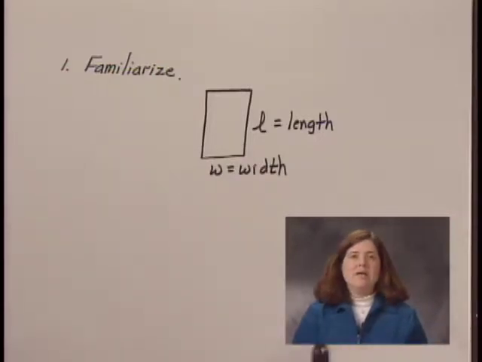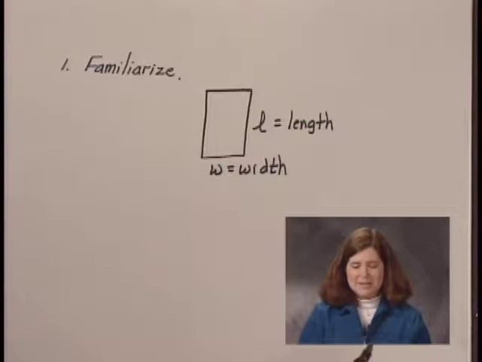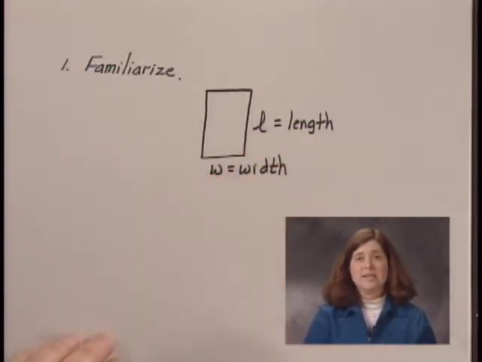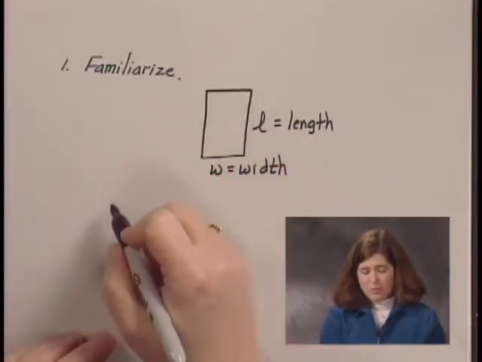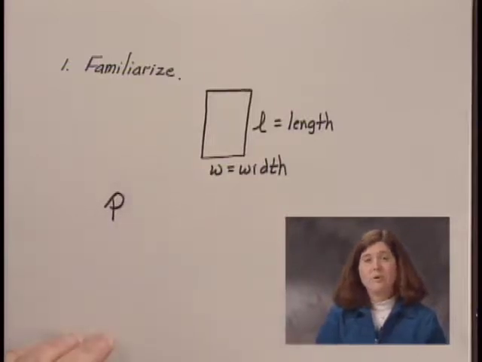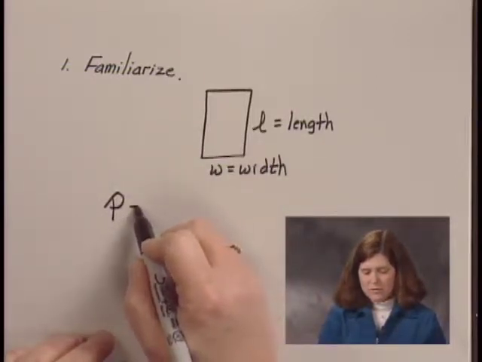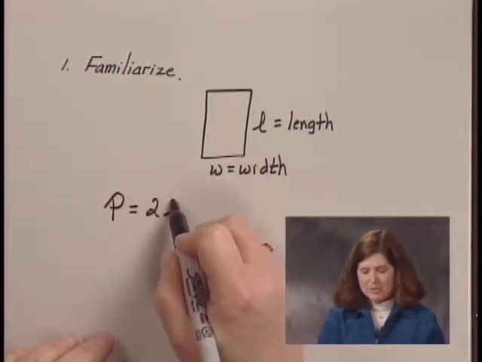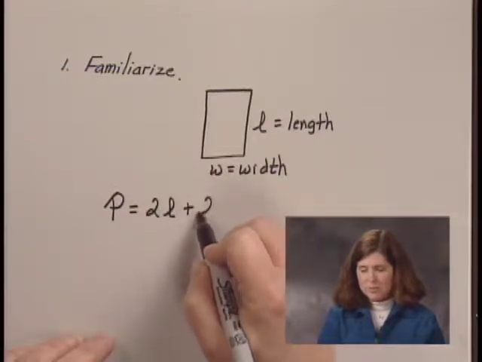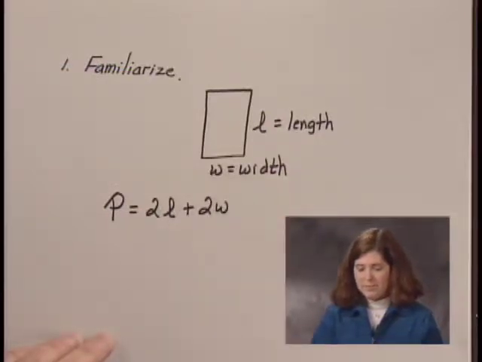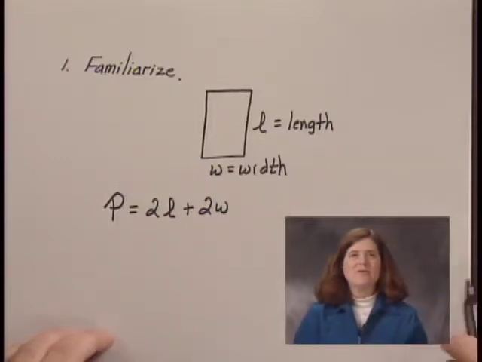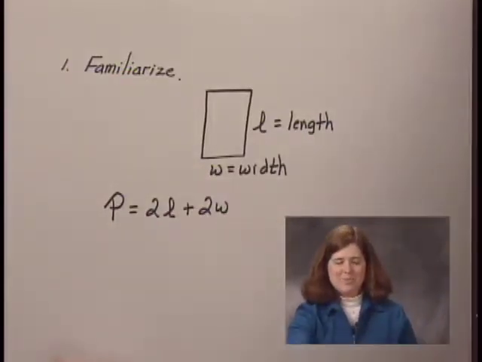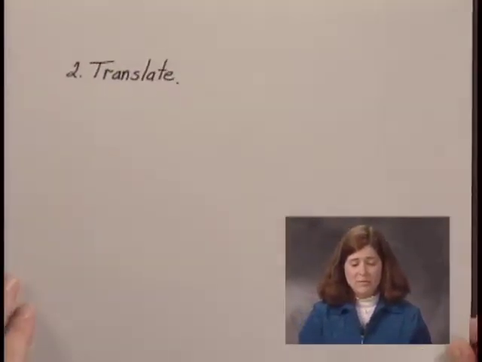Now we were given the perimeter of a rectangle. So we need to recall what perimeter is. That's the distance around the rectangle. And the formula for the perimeter of a rectangle, if the perimeter is P, the formula for that is 2 times the length plus 2 times the width. I think we have enough information there to go to our next step, and that's to translate the problem to